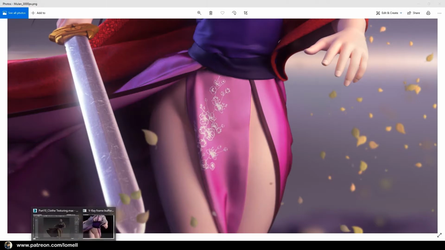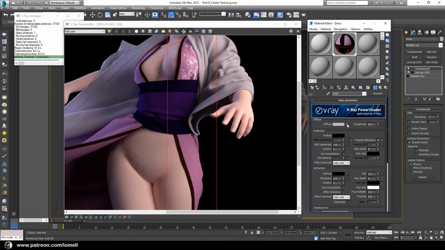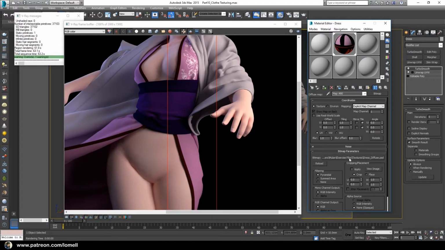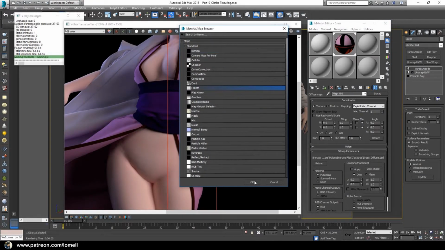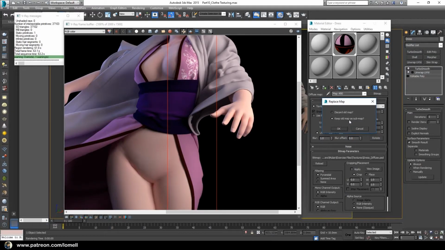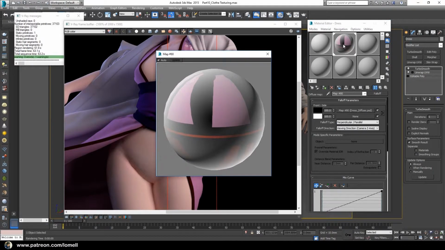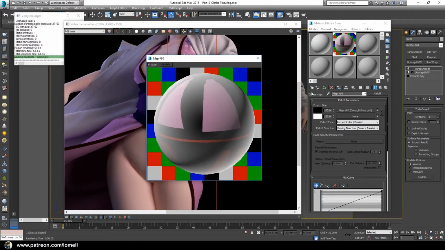Okay, so let's go back into 3ds Max and let's focus on this diffuse color. Click this material, and we are now seeing the properties of this texture file, the psd file. Under this, click this bitmap and choose this falloff and press OK, and keep old map as submap and press OK. Double click this material slot and open this background. As we can see here, it already has a falloff material in it,